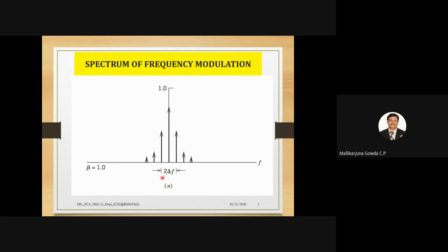This is the carrier, right? The center one is the carrier frequency. Along with that, we have FC plus FM and FC minus FM, right? And I have two more sidebands also, that is FC plus 2FM, then FC plus 3FM. See, the sideband magnitude is decreasing as the value of n increases. So I hope you noted this spectrum. This is when the value of beta is 1, that is, when the modulation index is 1.